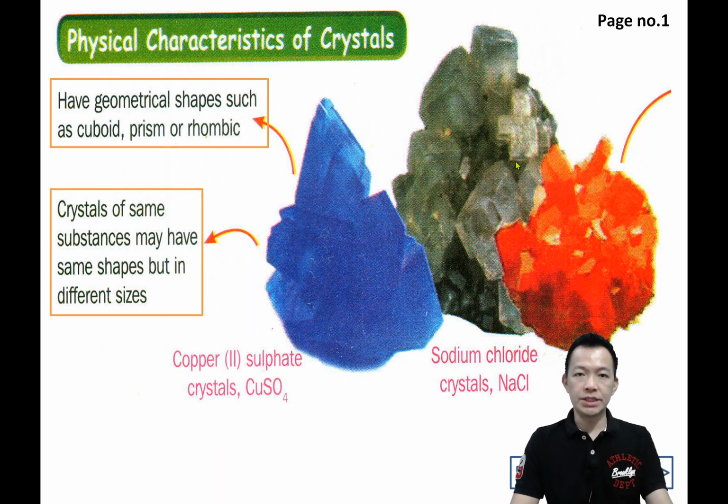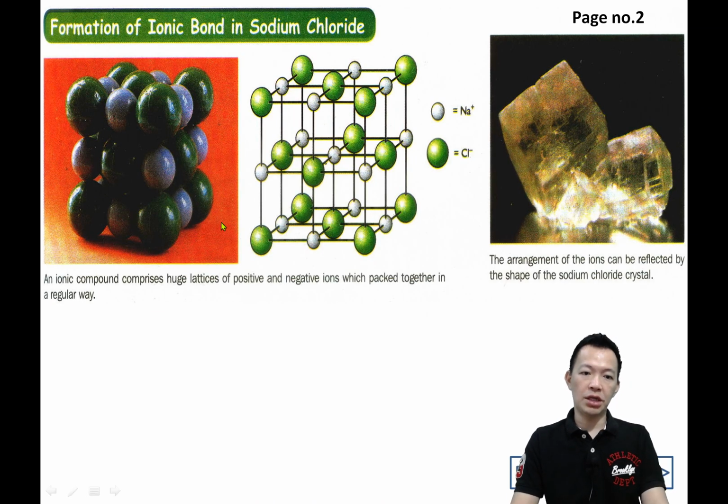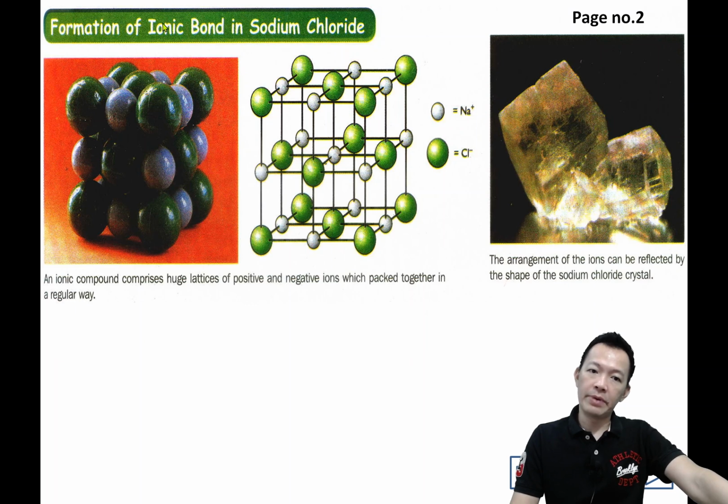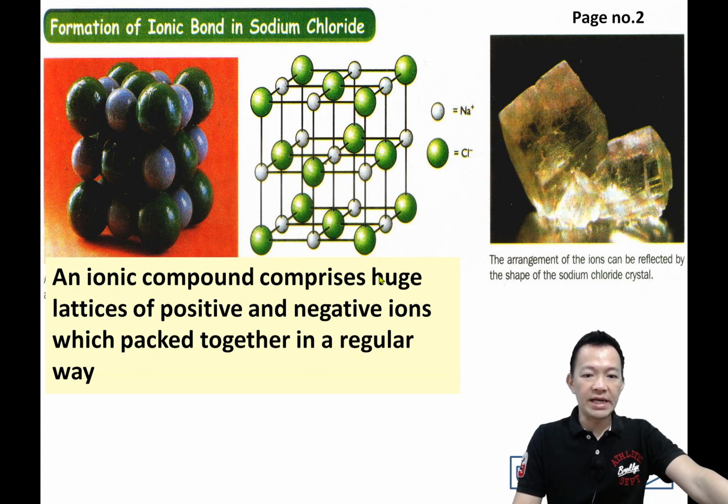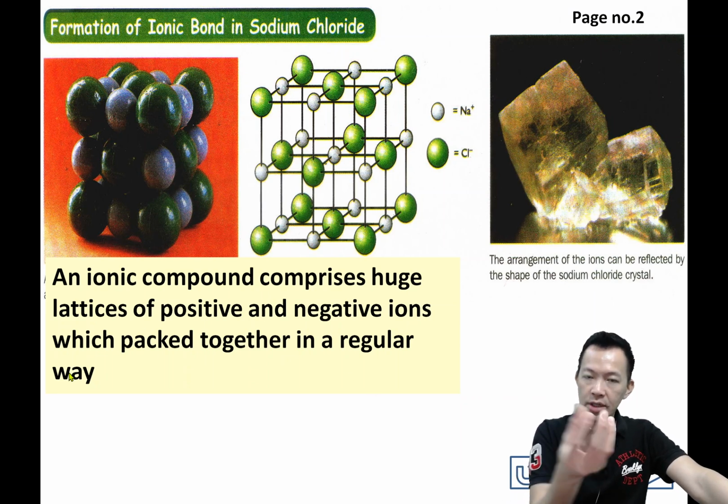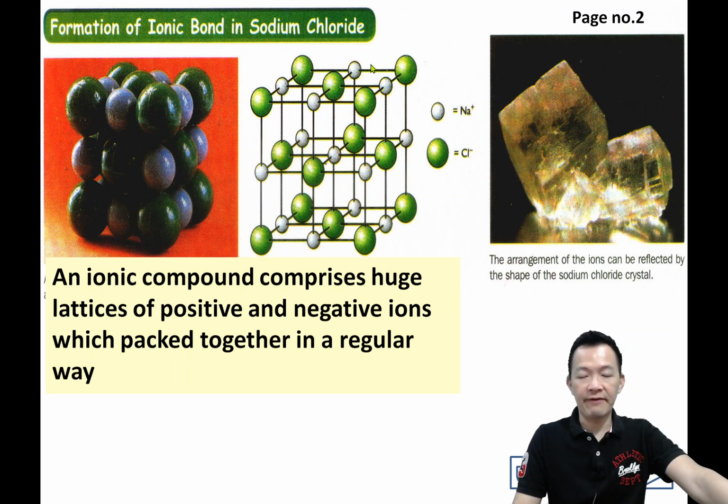But why are they having the same shape? Or why are they having characteristics like this? So we turn to page number 2. 我们转去第二面，为什么盐的水晶有形状的呢？Okay, 为什么有这些 geometrical shape? 一定有原因，对不对？So now, page number 2, you look at the salts. Still remember, salt actually is an ionic compound. 它们是 ionic compound 离子形成的货物，对不对？Positive ion, negative ion, positive ion, negative ion, 加减加减加减加减连在一起。So an ionic compound comprised of a lattice of positive and negative ions which pack together in a regular way. Okay, so salts, they are ionic compounds. They are made up of positive and negative ions, and they're having the lattice arrangement. 它们排得很美很美，加减加减加减，不可以乱排的，不可以减减加加的，对不对？